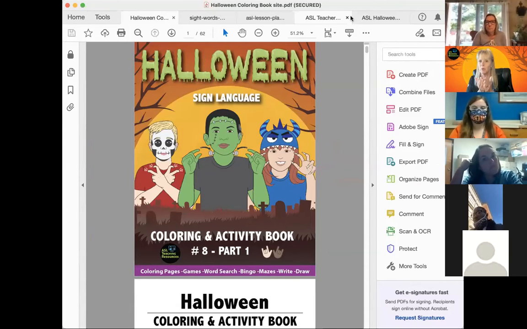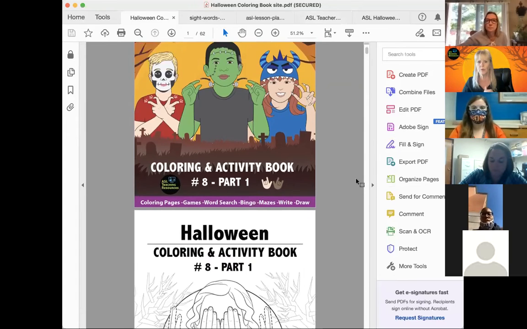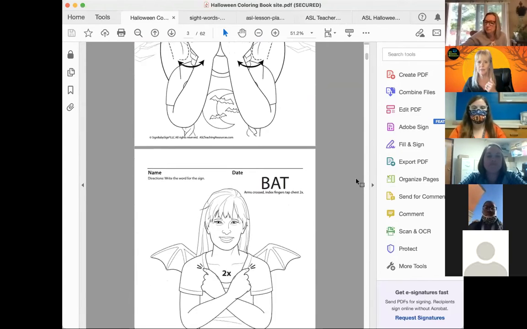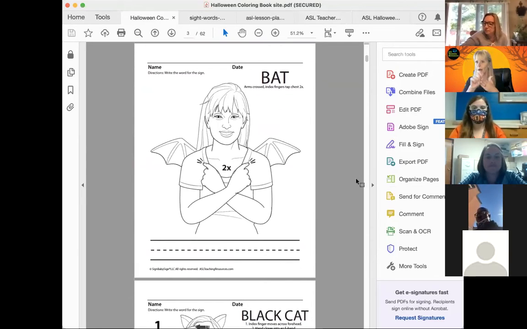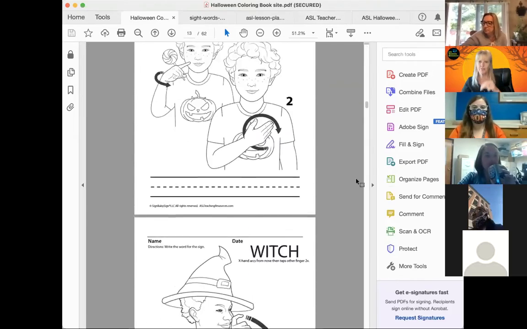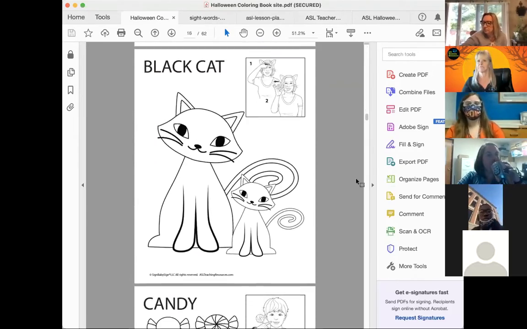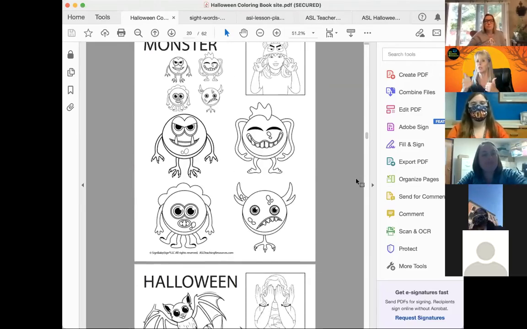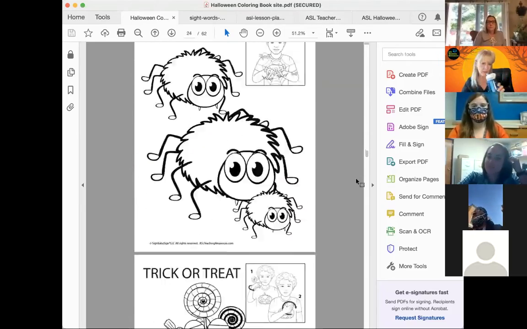So here's the one that's a book. This is also on Amazon. So for those who prefer a hard copy, this is the hard copy, or you can print it online right here. This is what it looks like, and I'm just going to scroll through it. The first part is the coloring. It teaches, and they get to write the word. Then we come on down, and then they just have fun coloring. And you can pick what you like. Now in this book, you also get